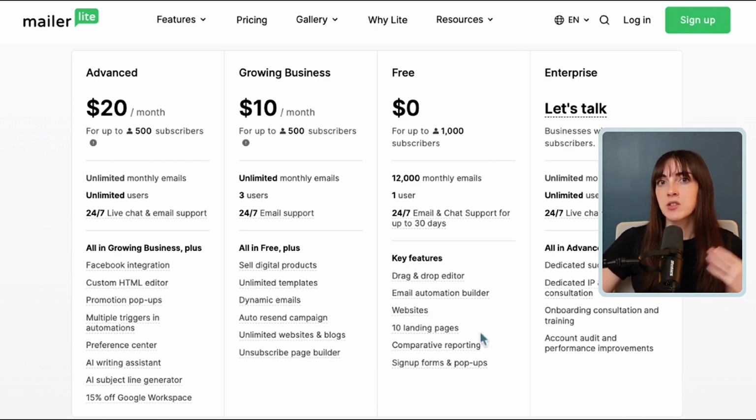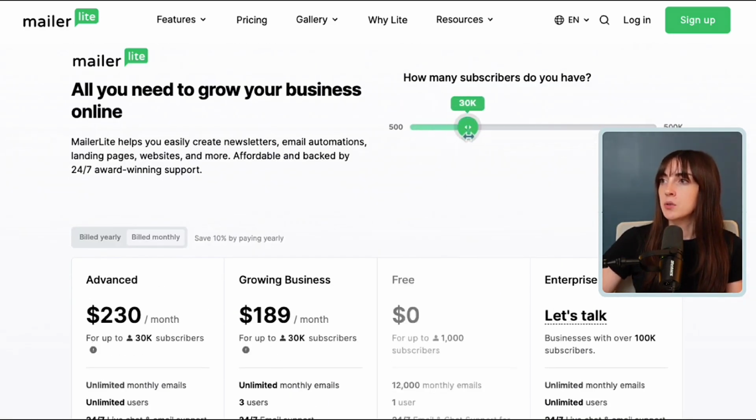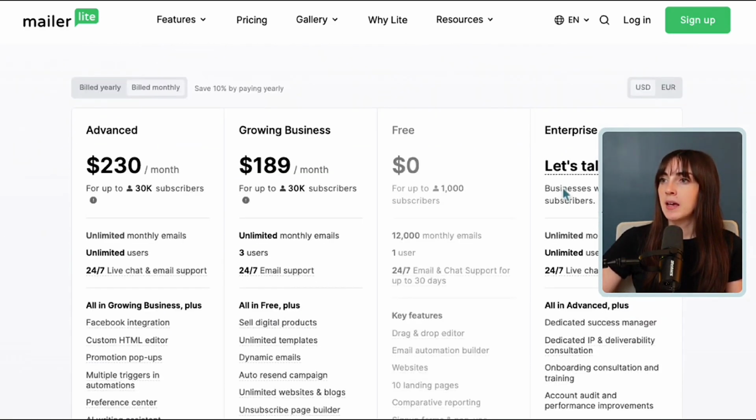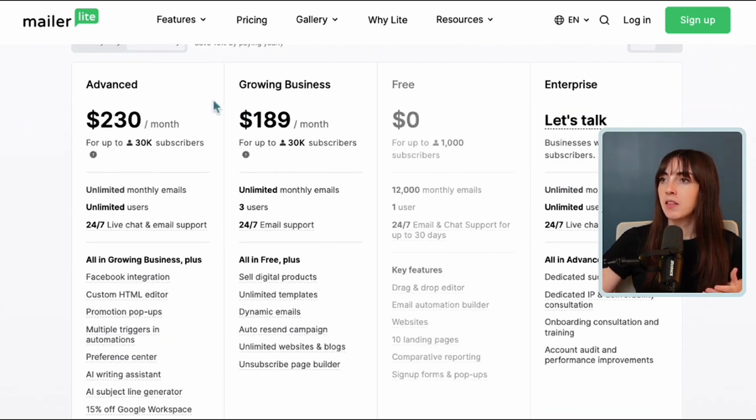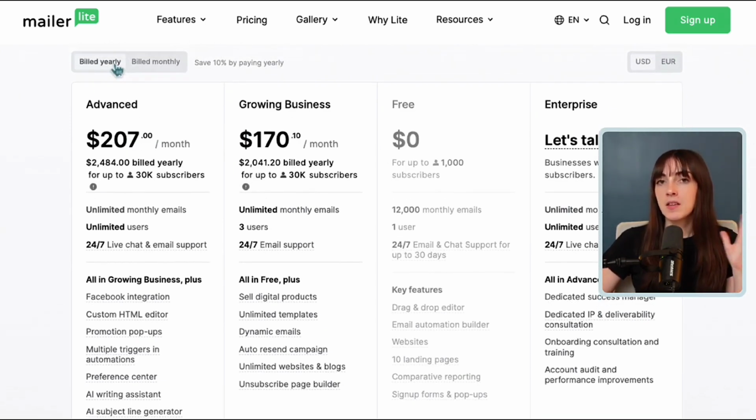demo. It's noteworthy that as your list grows, the price of your monthly subscription will grow. So for example, Wit and Wire is a bit closer to right here, so I would be paying these prices paid monthly or save a bit by paying annually. But as a comparison, this is far less than some direct competitors. So I do think that Mailerlite is a great choice for anybody who is budget conscious, even as your business